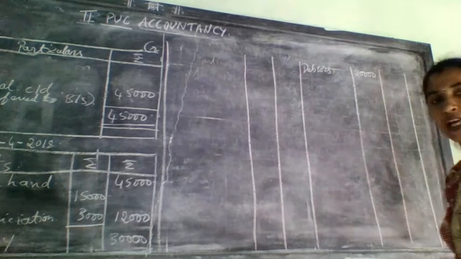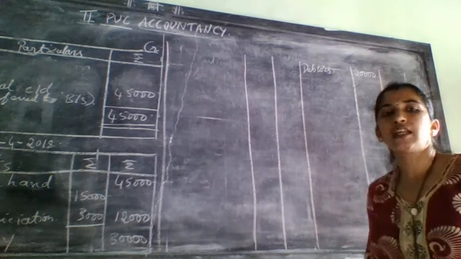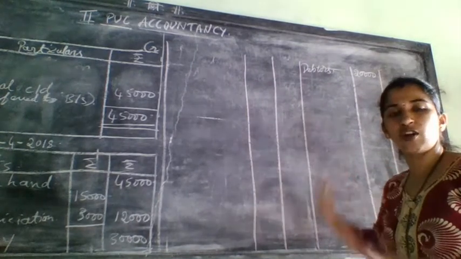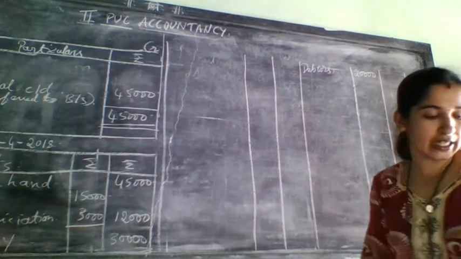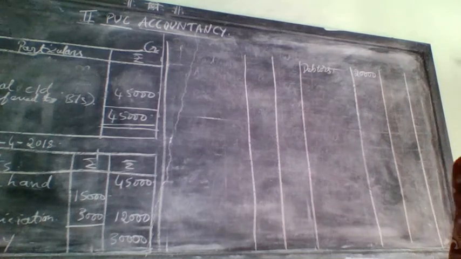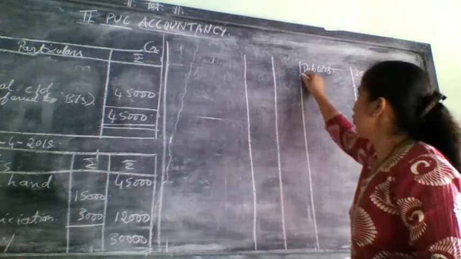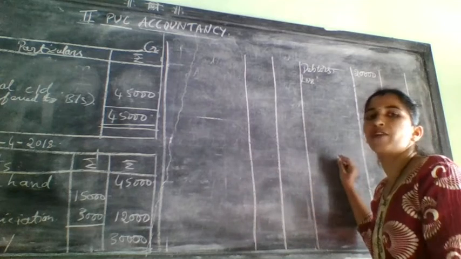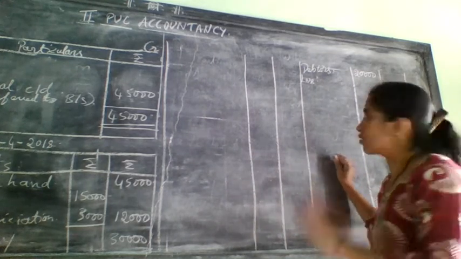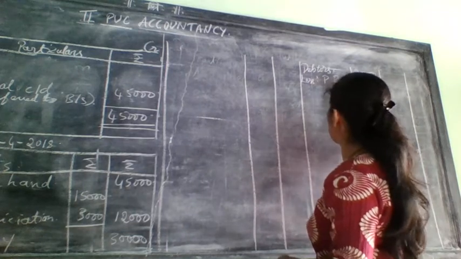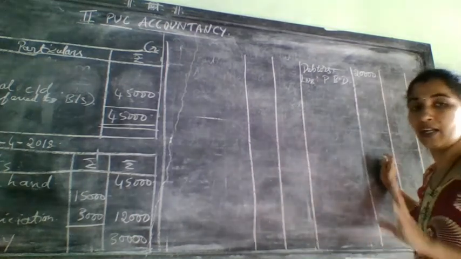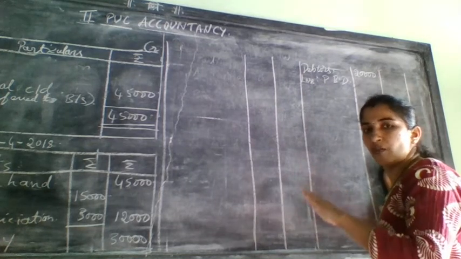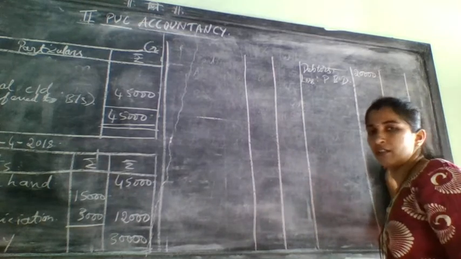PBD is always less only. Provision for bad and doubtful debt means that amount will not come at all. If it was recovered, then you need to add. This is not the case of recovered. This is PBD created on debtors at 5%. So PBD is always less, it will reduce the value of debtors. That's why it will be less. If it is recovered only, you need to add. Remember that. If PBD is maintained or increased, whatever they have given, you need to write less only.